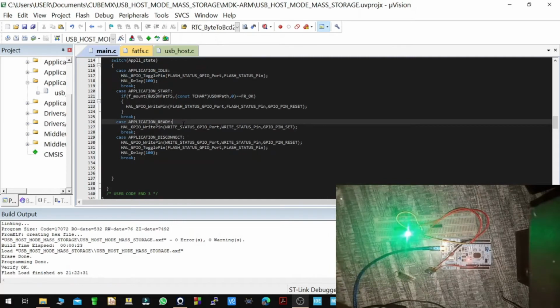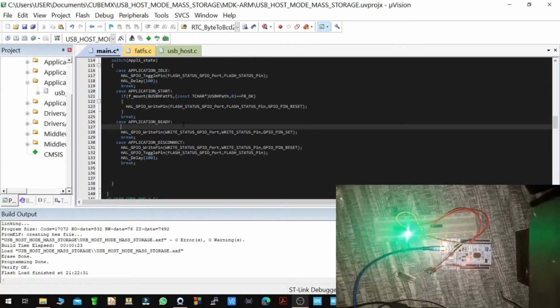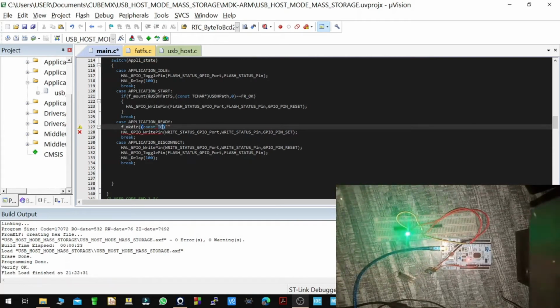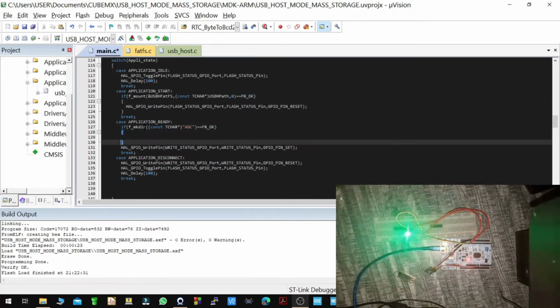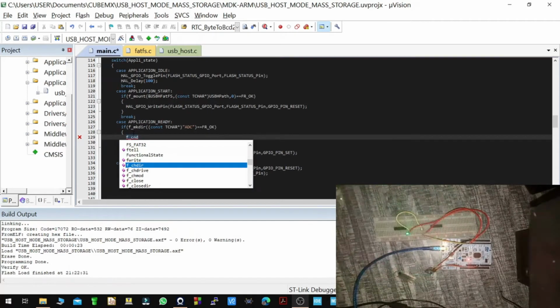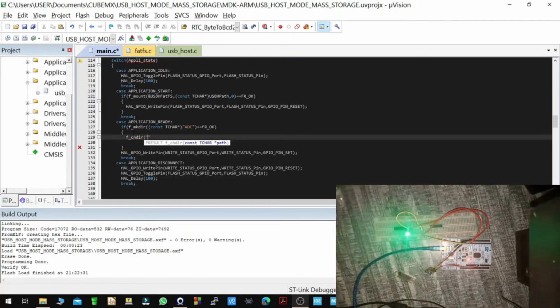So when the application is ready, I want to create a folder, and I'm going to use a function called f_mkdir, and the directory name will be of type constant, and I'll give it a name ADC, and maybe we can test this. If this is successful, then we want to go to that directory, so we change the current working directory and go to that directory which is ADC,